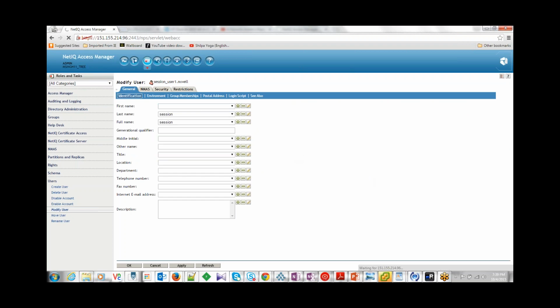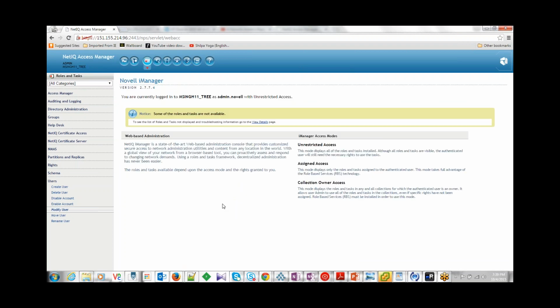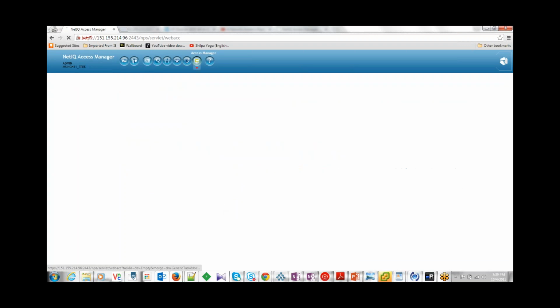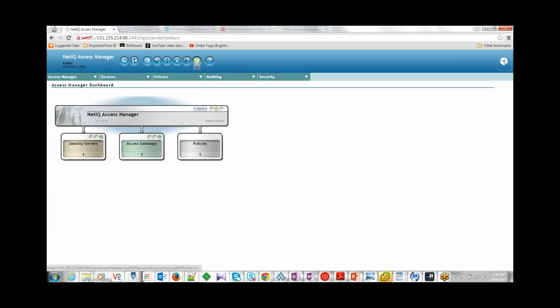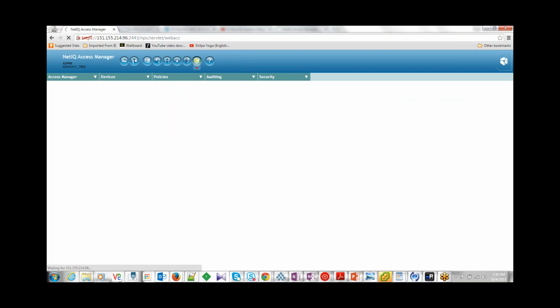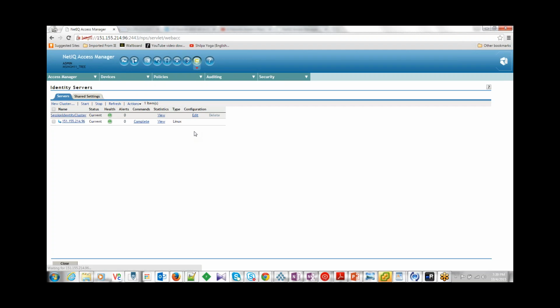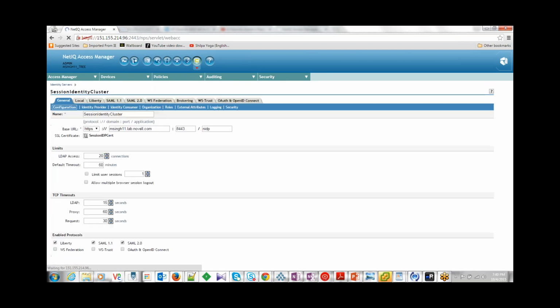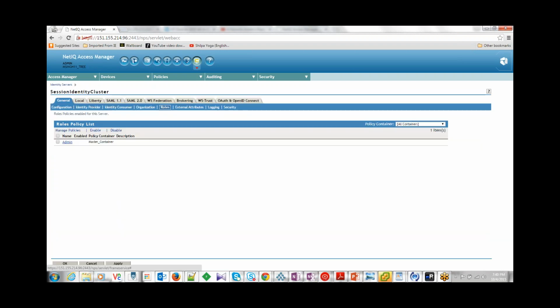So we have created a user. Now the second thing is we will create a role policy. To create a role policy, go to identity server, edit, go to roles, manage policy,